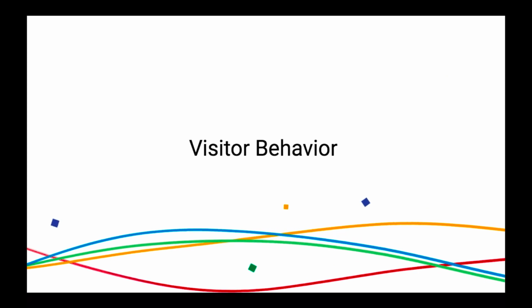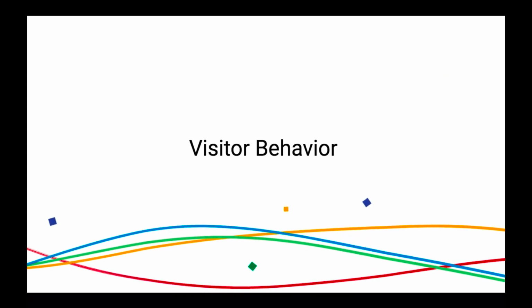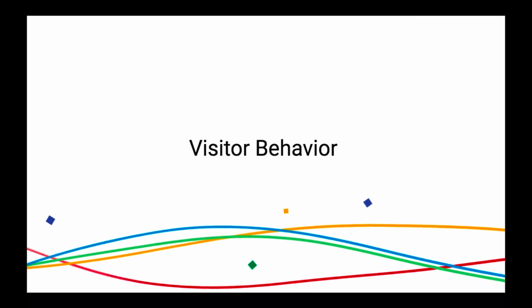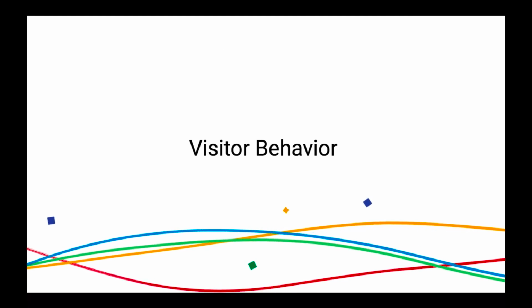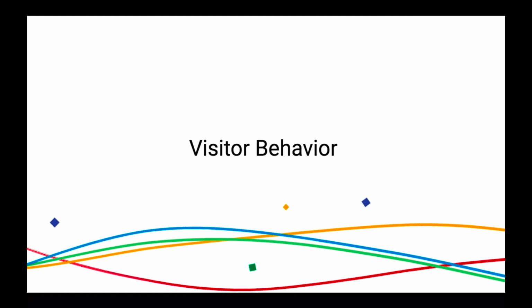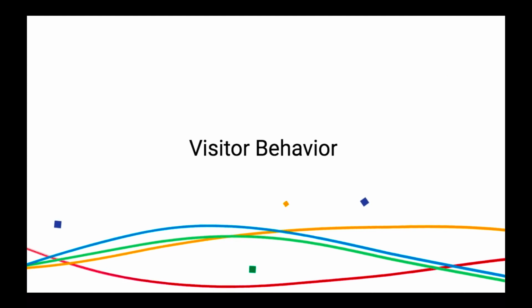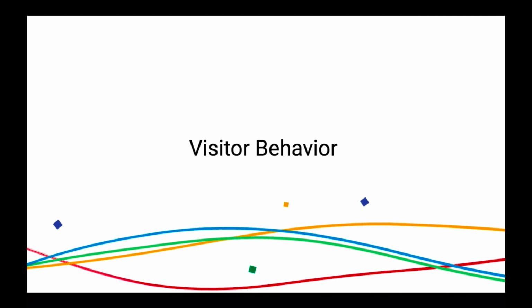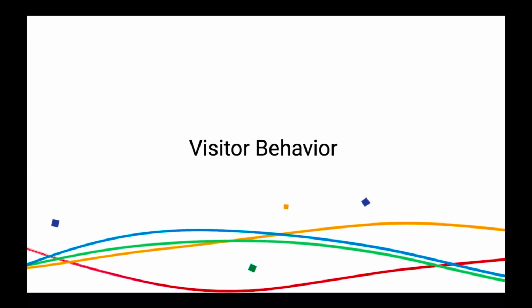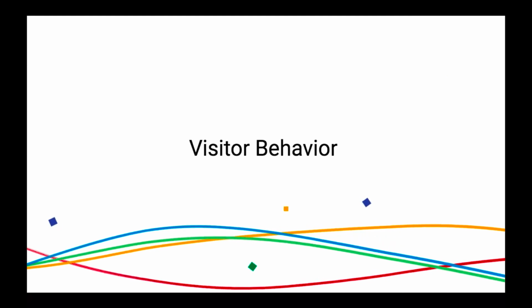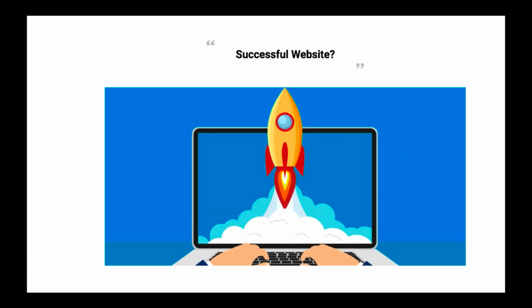So let's talk about visitor behavior. Visitor behavior forms the core of any optimization program. Simply put, it's just how your visitors interact with the various elements on your website. That is, the parts that instantly grab their attention and the parts that maybe distract them. In fact, back then, there was a time when the success of a website was gauged solely by the number of visits it got. That is, if a website had many visitors, it was deemed a successful website.